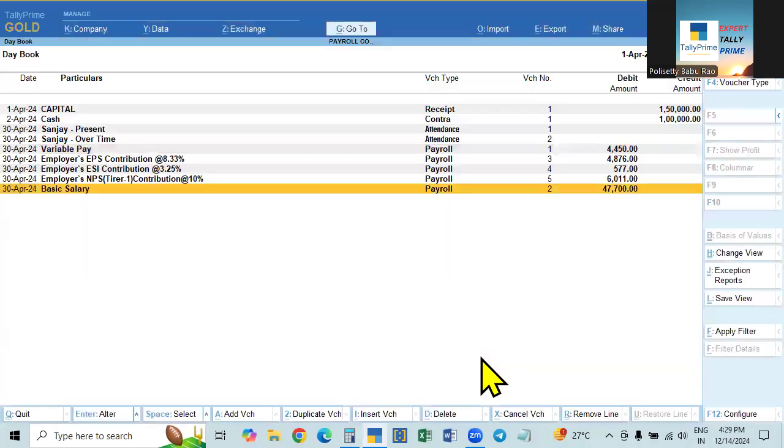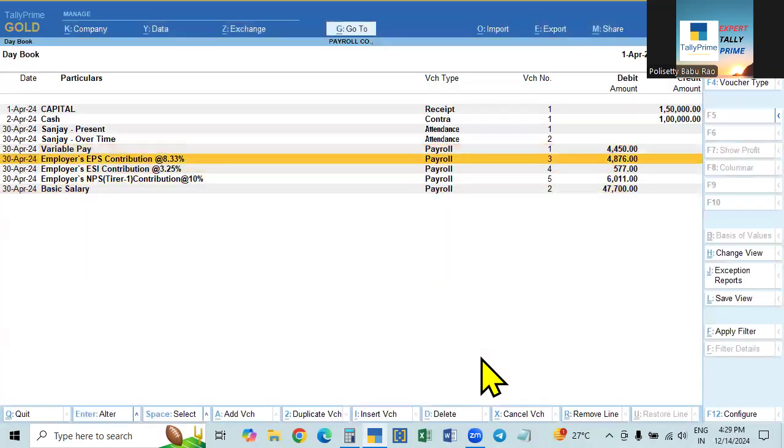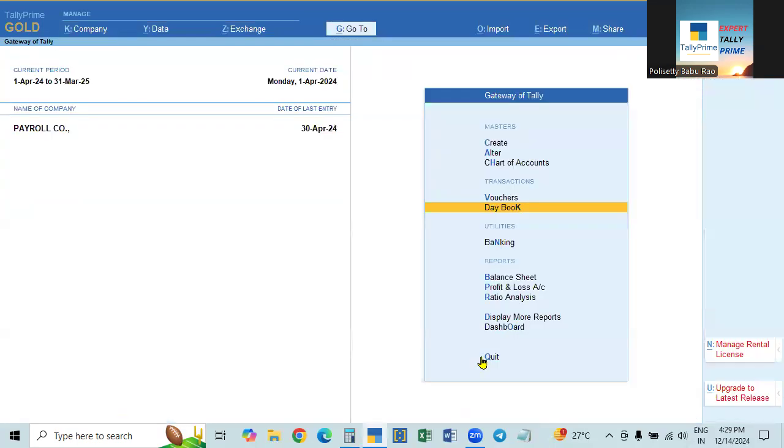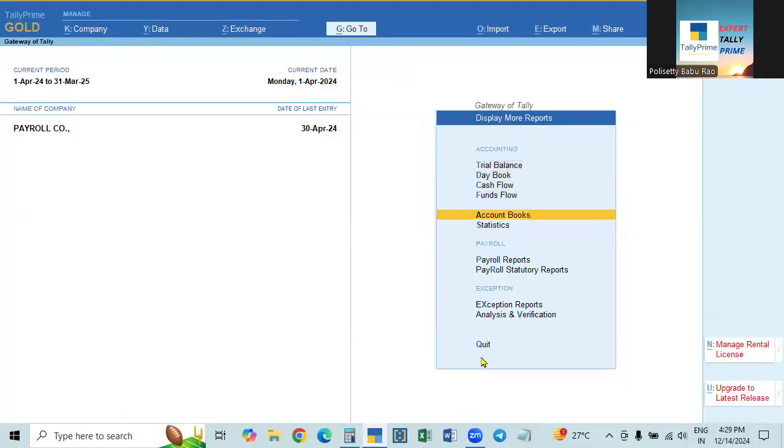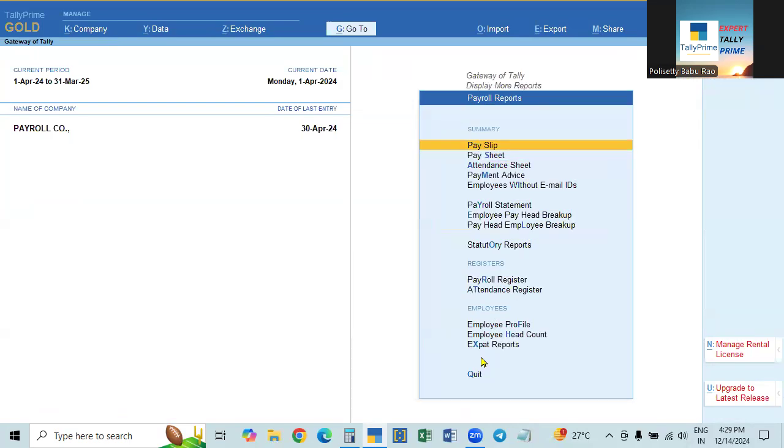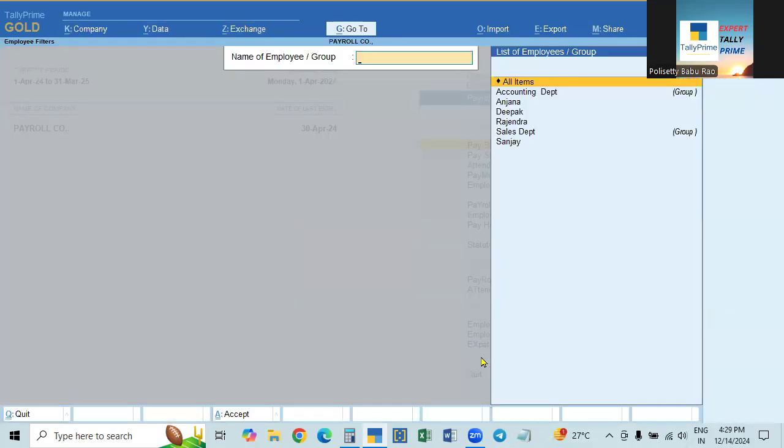So now we will make the payment, and for all these we have already seen the reports on 30th. How will we see? Go to display more reports, go to payroll reports, here go to payslip. If you go to payslips, here